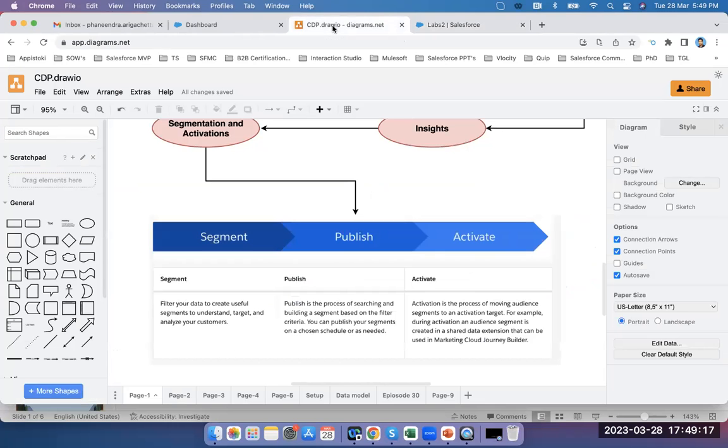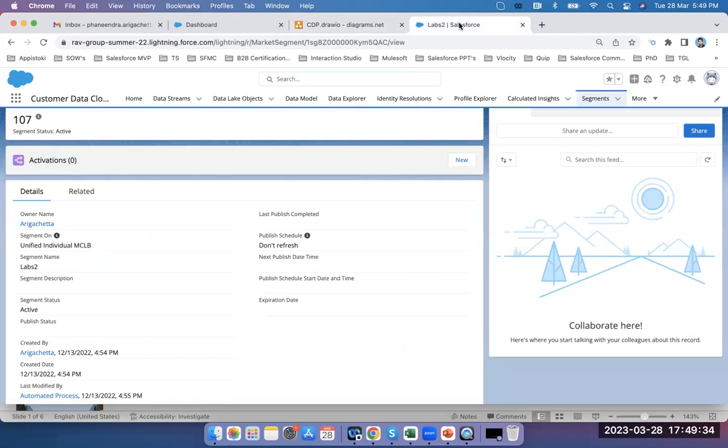And at the same time, activation. Once you've done the publish, the segmentation runs in the background and produces a result based on the criteria you defined. And this activation is a process where the entire audience that you segmentized from individual profiles will go back and sit under Marketing Cloud, under the Customer 360 audiences folder. So if you look at activations,